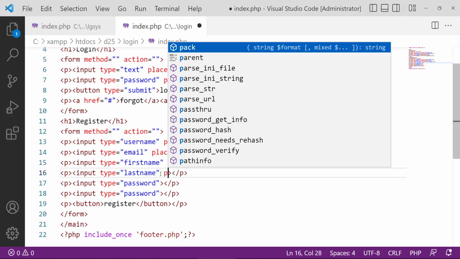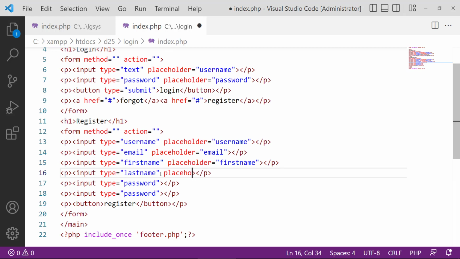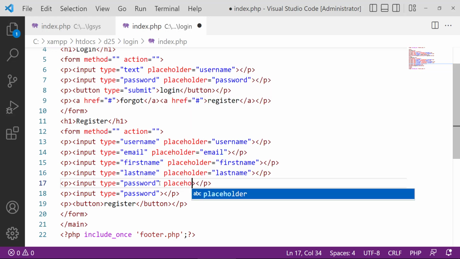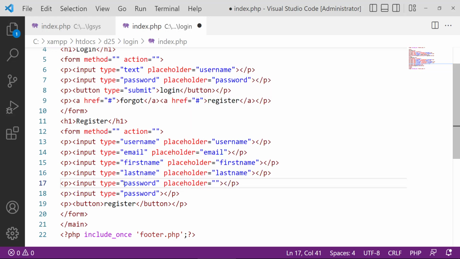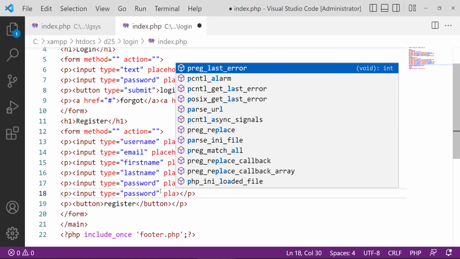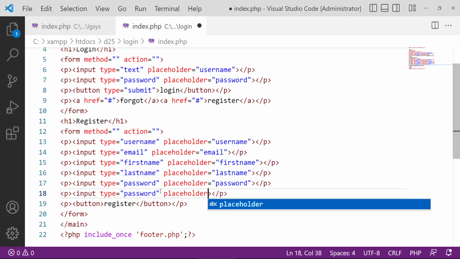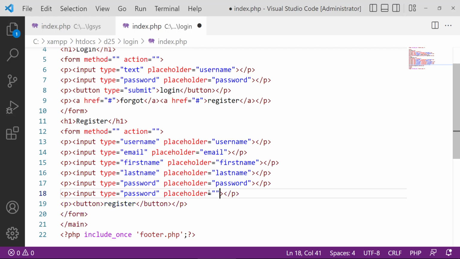Our placeholder will contain our last name. Our placeholder will contain our password. And then the next one, placeholder, will contain our confirm password. Like that. So if we save,